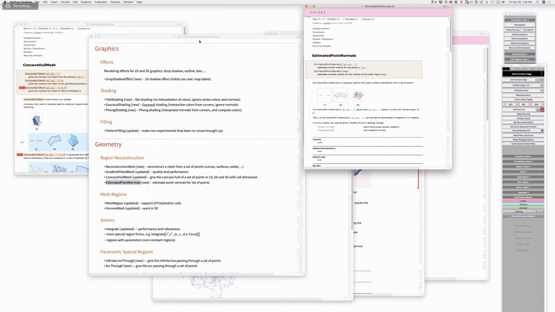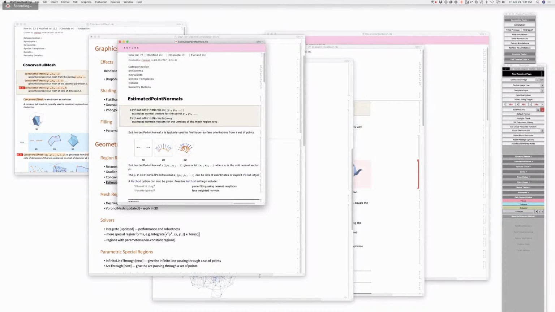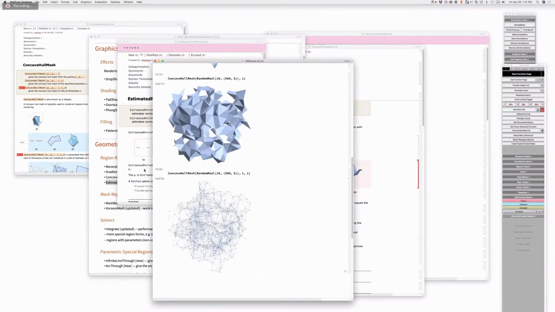Estimated point normals. Okay, that's the function you were just talking about. Yes. I see. So it's just going to return a bunch of normal vectors for these points. Yes. Vertices of that mesh. So I don't quite understand how I make use of this thing. So if I say estimated point normals,